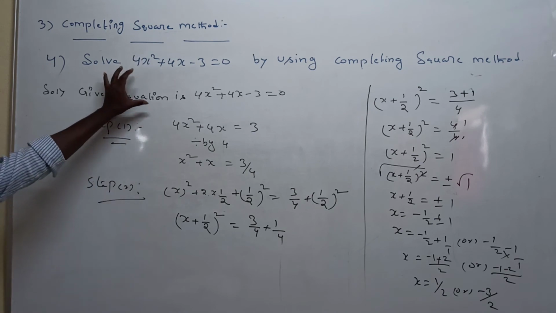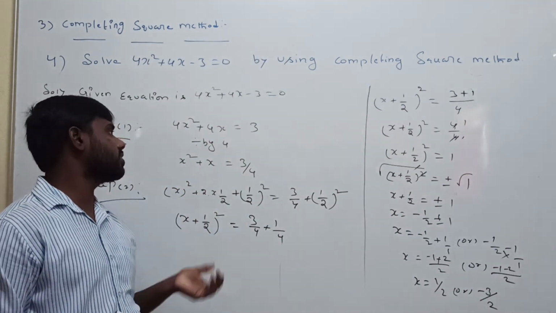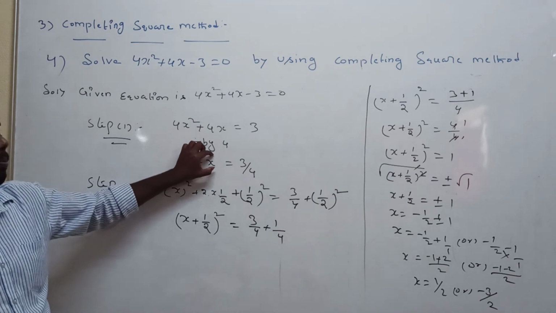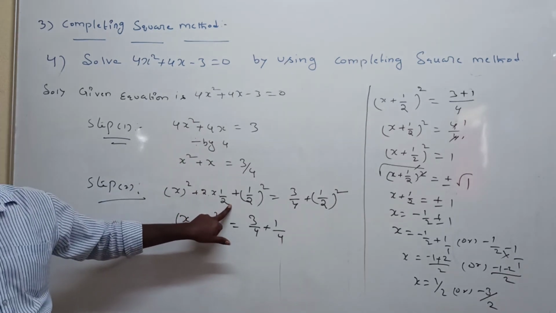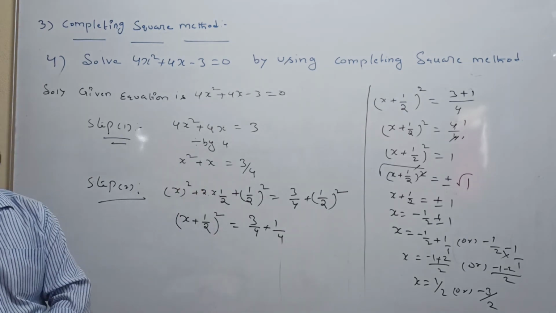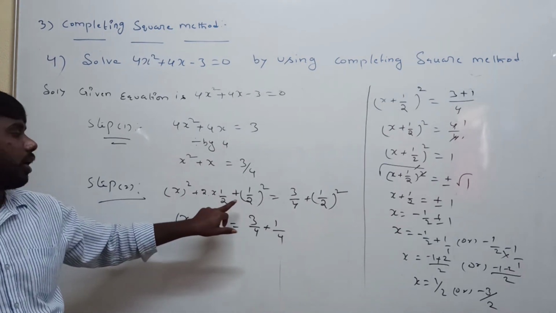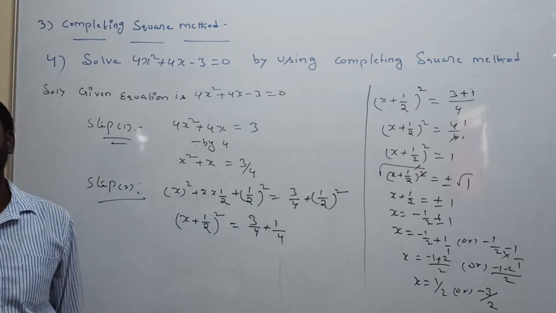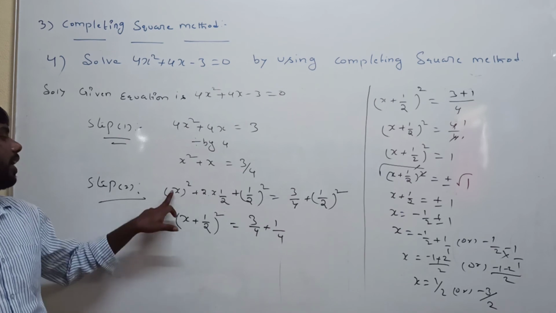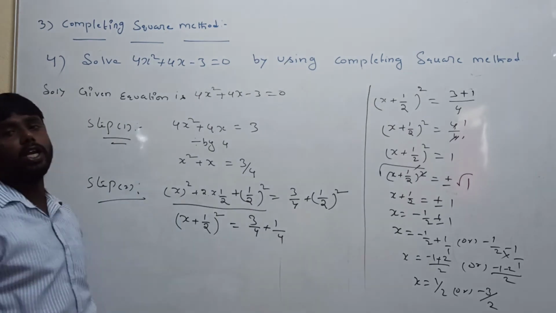You understood? First step: the given equation, the constant we take to the right hand side. The second step is in the middle function, to convert to ab, we multiply with 2 and divide with 2. Now in this form a square plus 2ab, b square is missing. In place of b, 1 by 2 is there, so b square is 1 by 2 whole square. Both sides we are adding 1 by 2 whole square. Now this is in the form of a plus b whole square. A is nothing but x, b is nothing but 1 by 2.